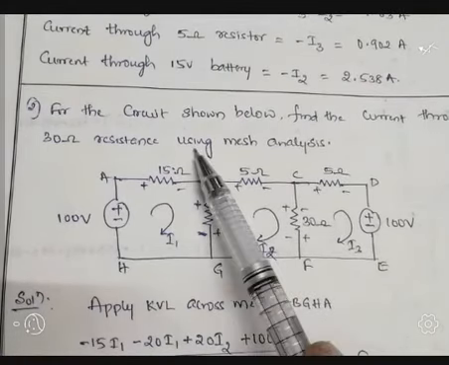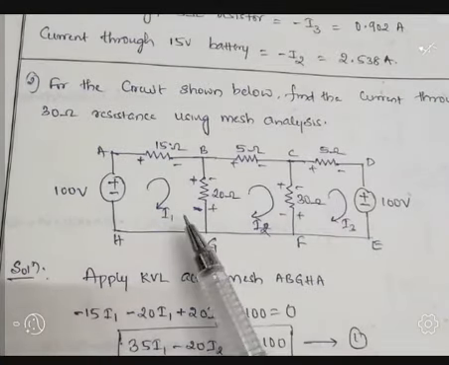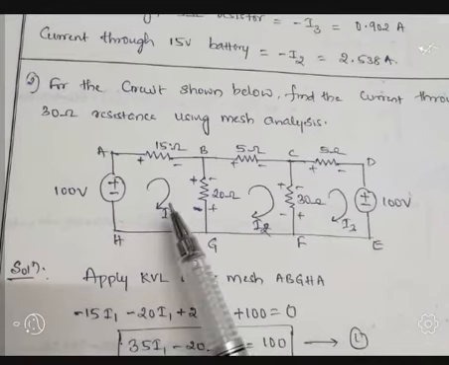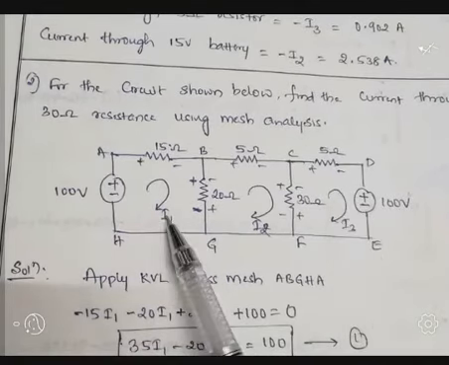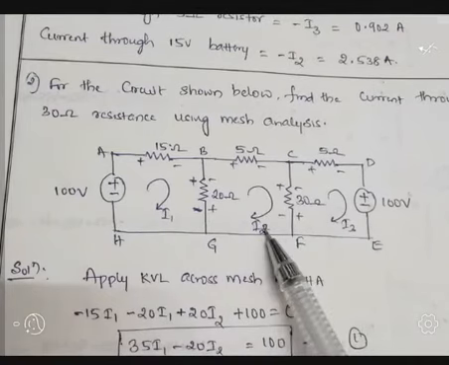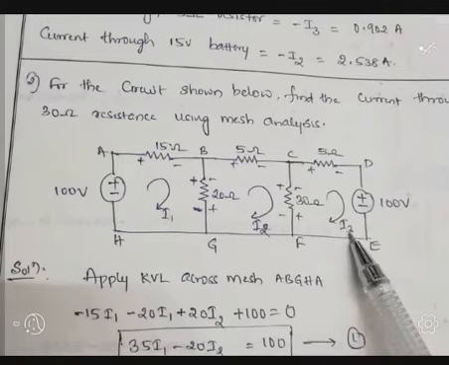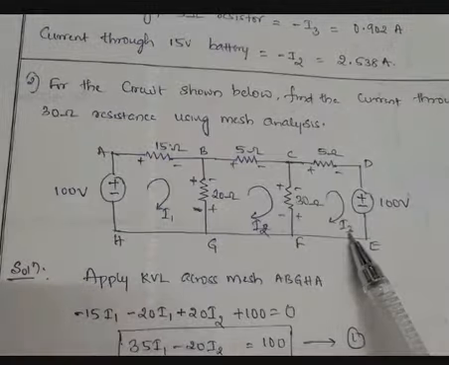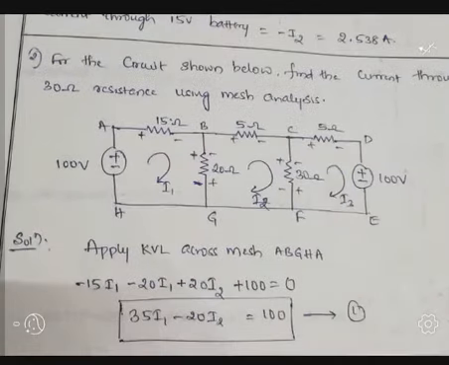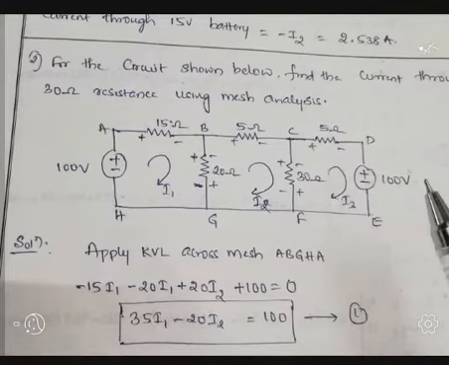So using mesh analysis, or loop analysis, let us see the network here. Once again, it has 3 loops. The first loop is represented by the loop current I1. The second loop is represented by the loop current I2, and the third loop is represented by the loop current I3. Similar to what we discussed in the previous example, I am going to apply KVL to all these 3 loops, or meshes.